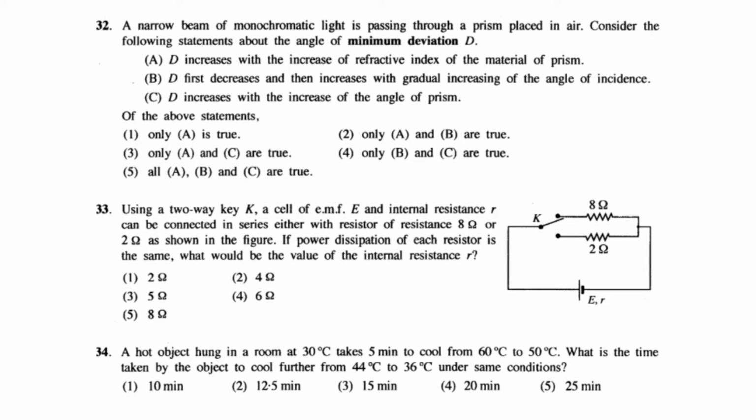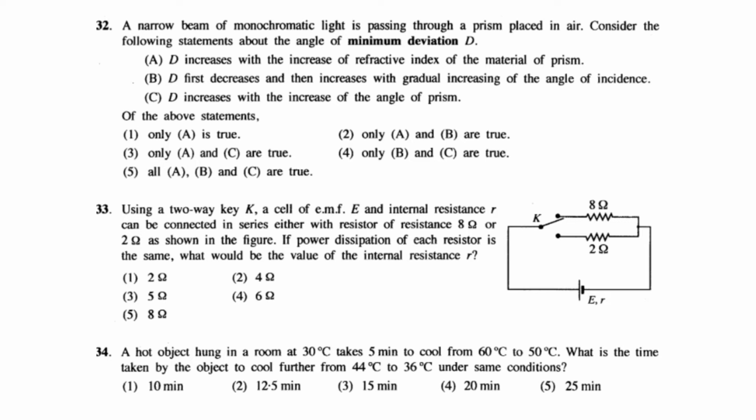Now here the temperature changes from 60 to 50. So we take the average, 60 plus 50 divided by 2, that is 55. So theta is 55 minus the temperature of the surrounding, 30. Then we get 10 divided by 5 is 2 proportional to 55 minus 30, 25. 2 proportional to 25. Then for the second instance, 8, the temperature difference, is 8 divided by t, the time, proportional to